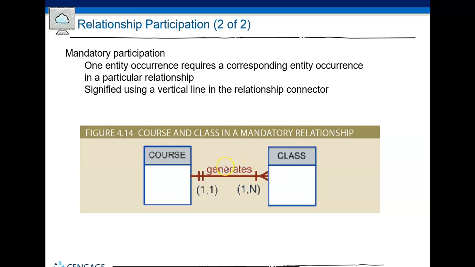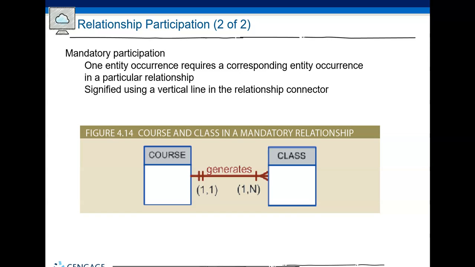And the business rules for this one, this is where, when you look at these things, it's like on the test, it's like, what are the business rules? Well, we know the business rule of this one has to be this: a course has one or more classes, and a class is generated by one and only one course. Those are the business rules. Those are 2 different rules, but they're kind of 2 rules for one relationship. Each one of these relationships will usually give you 2 business rules. Business rule number 1, a course generates 1 or more classes. Business rule number 2, based on this relationship, a class is generated by